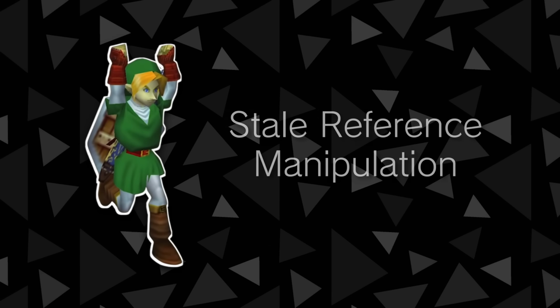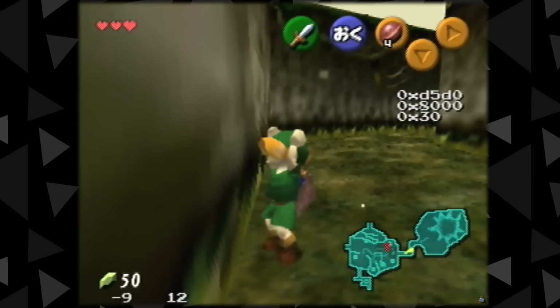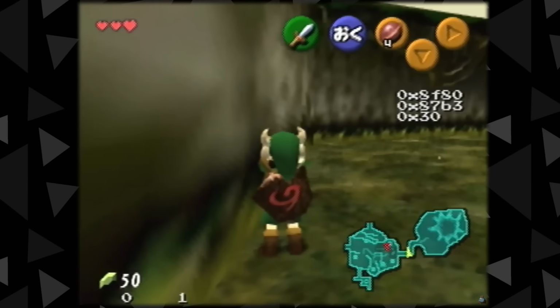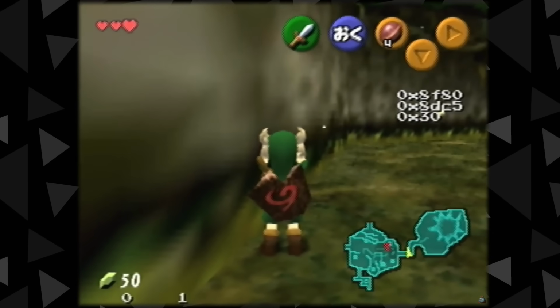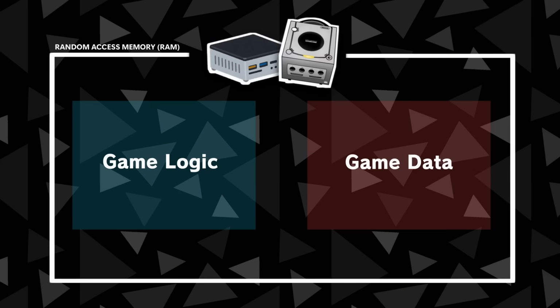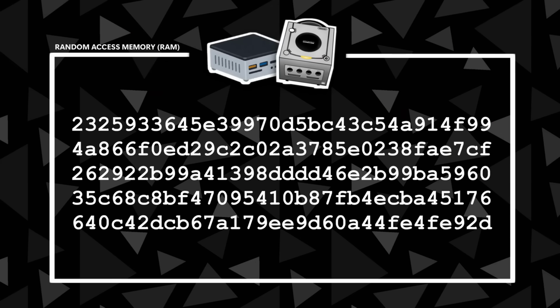If you're familiar with Ocarina of Time speedruns, you've probably heard of a glitch called stale reference manipulation. This is a very consistent gateway to achieving ACE in Ocarina of Time, and largely works by abusing memory data stored in RAM. Remember when I explained how data and code stored in RAM are essentially just numbers? Well, this is why I told you to remember that, as we are now coming full circle to where this